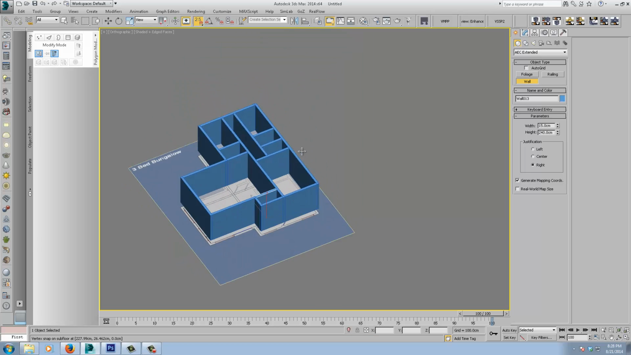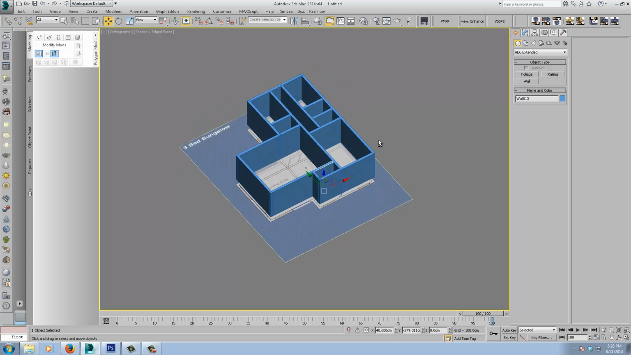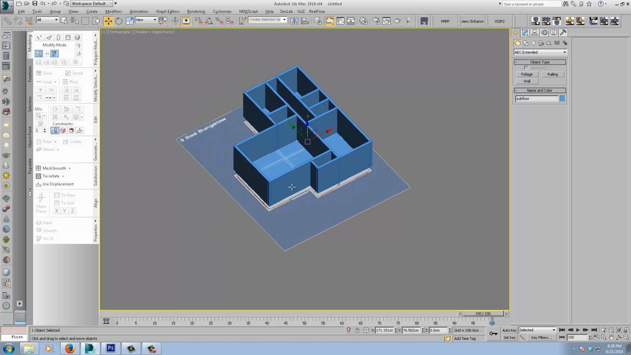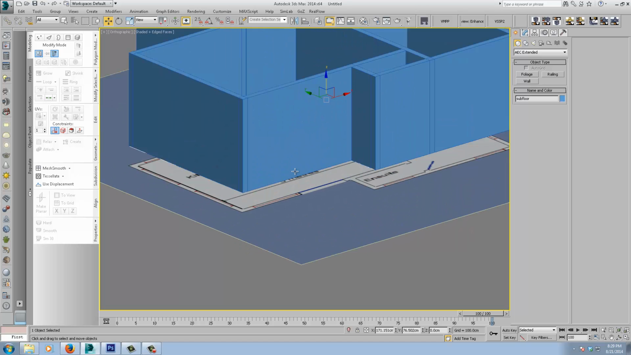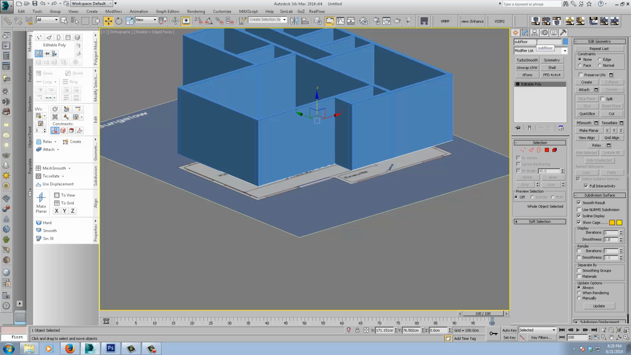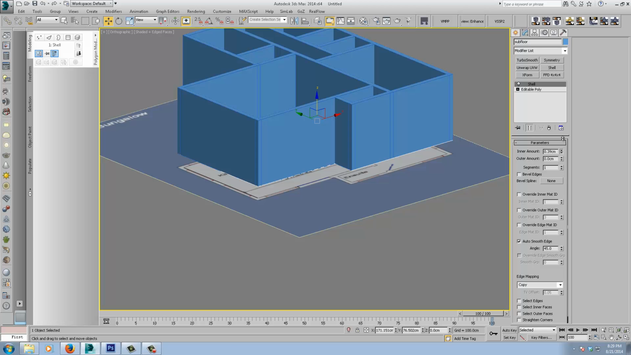So that's pretty much it. I'll just turn off the snap. We have our walls built. We still have our subfloor down there, so I'll just give the subfloor a bit of thickness. I'll just add a shell modifier, and we'll bring that to